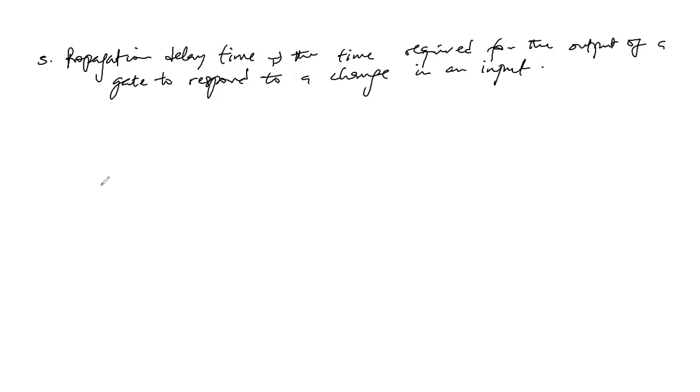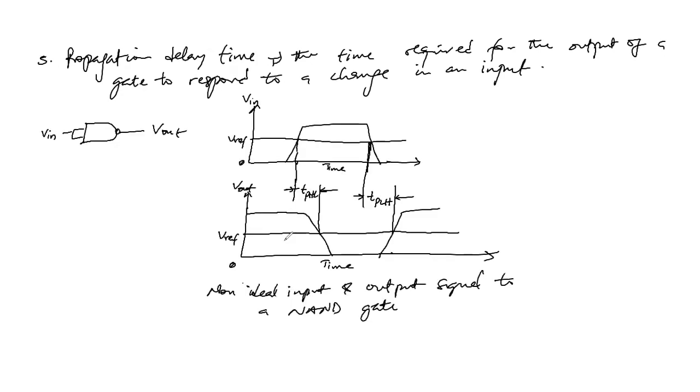You will notice from this schematic for the non-ideal input and output signal to a NAND gate that the transitions between the high and the low voltage levels have non-zero rise and fall times. Now, the rise time, TR, is the time